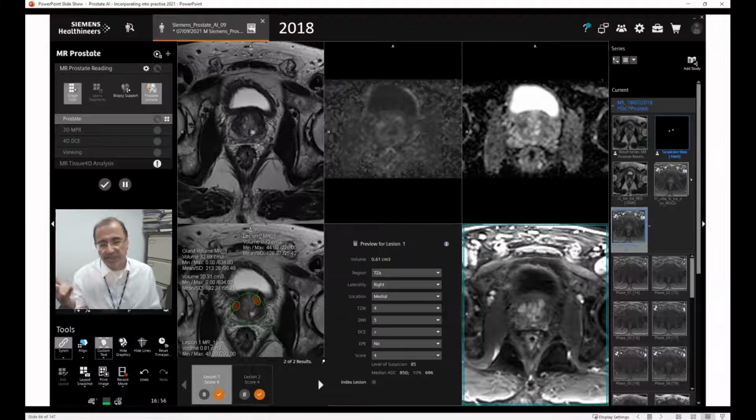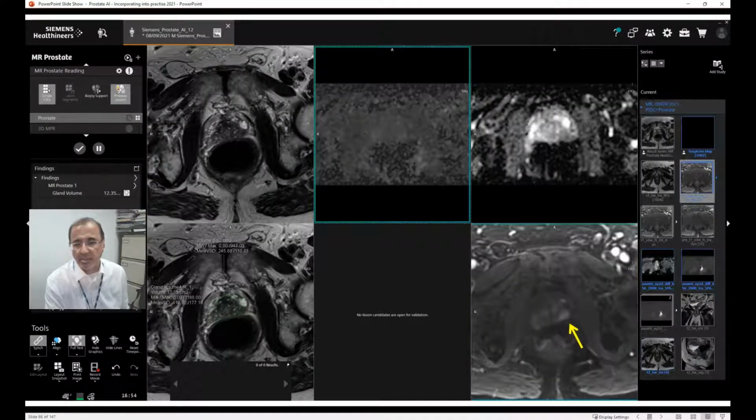And in 2018, the AI clearly sees both lesions, but these are higher signal-to-noise ratio images. Other causes of false negative results are due to gas, rectal gas, and here's an example. So this man has a lesion here in the left peripheral zone, quite difficult to see on the high B-value image, a little decrease in the ADC value, but in this particular instance you can see the contrast enhancement clearly